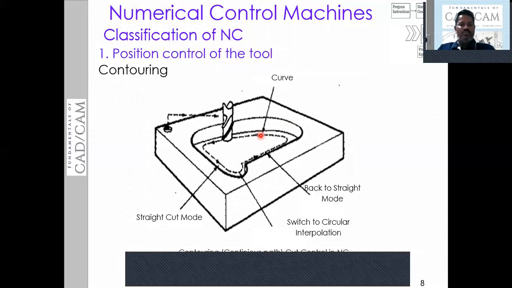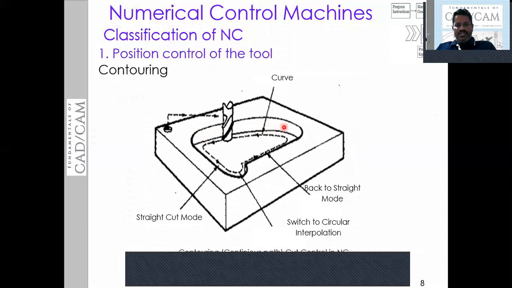When we approximate that straight line path into very small length straight lines, when you discretize, when you assume the length of the path as very small, we can achieve this contouring movement. So finally, I can say that the movement of the tool in contouring continuously varies. That means the coordinates of the tool continuously vary from point to point.